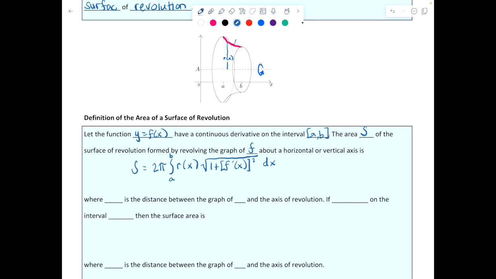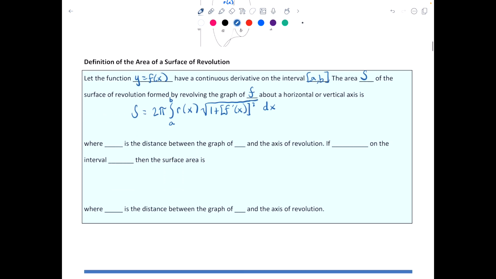Okay, so r at x is the distance between the graph of f and the axis of revolution. If x is equal to g of y on the interval from c to d, so if you have some function of y, x equals some function of y, then the surface area is capital S equals 2 pi integral c to d